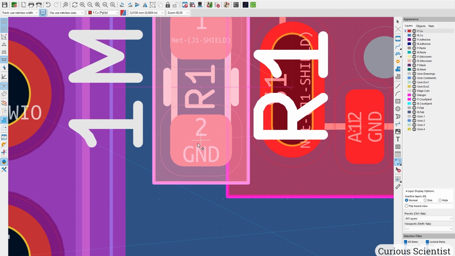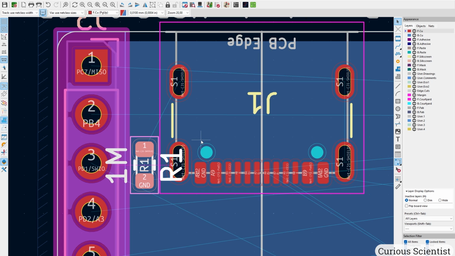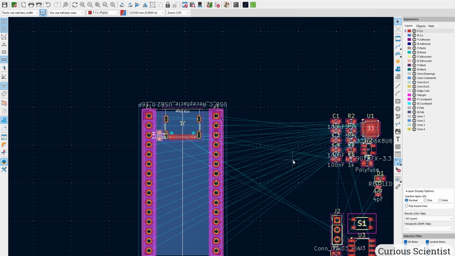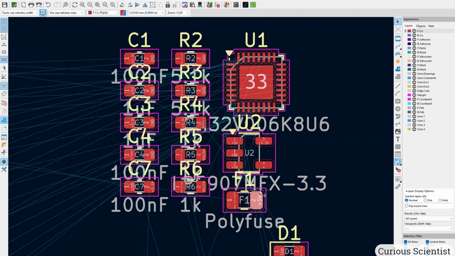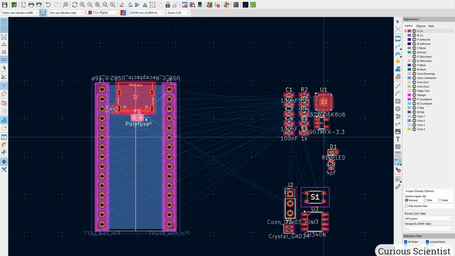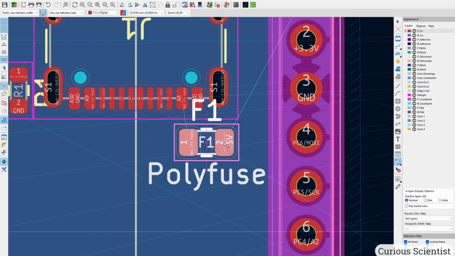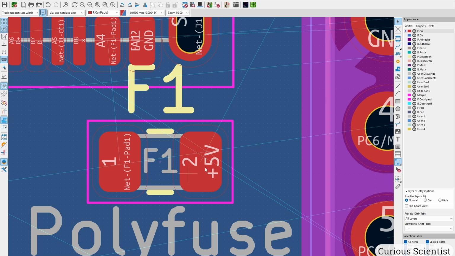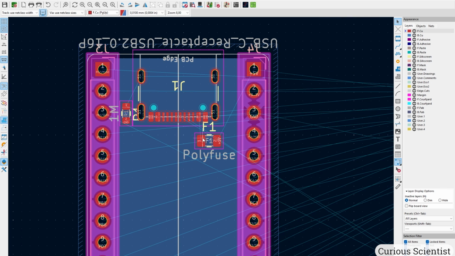So I usually just put it right next to the connector like this, and then I will connect everything later. Then we have a fuse somewhere, which should also be placed close to the connector because that is directly related and connected to the USB voltage which is coming in. So I placed it here because I want to manage the ground a little bit here, so I need a little space, but here from A4 I can come out and pull a white trace to pin 1 here,